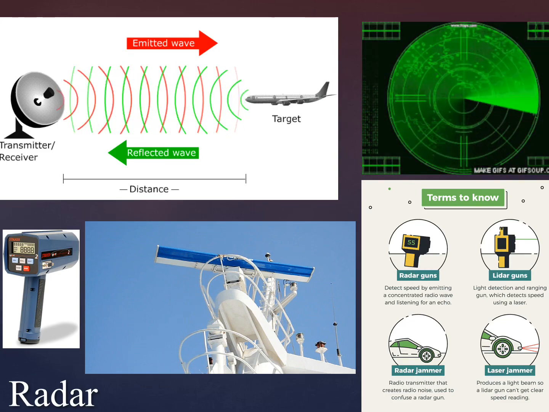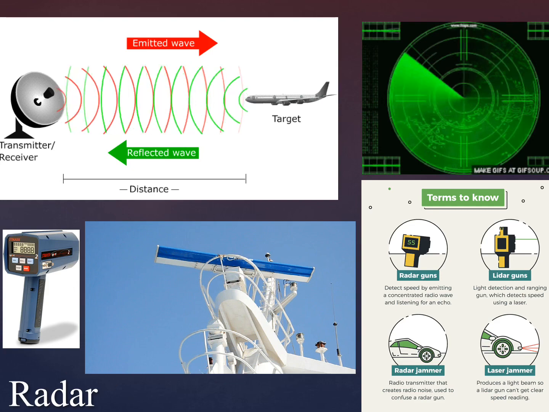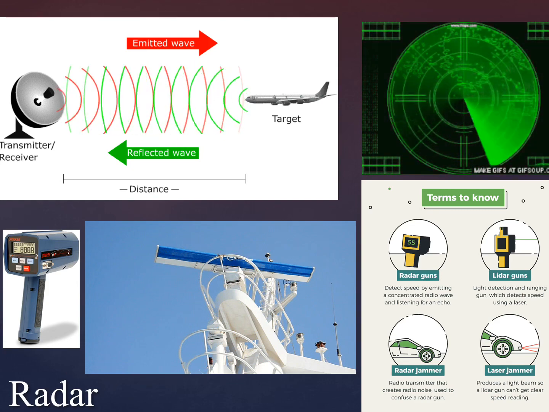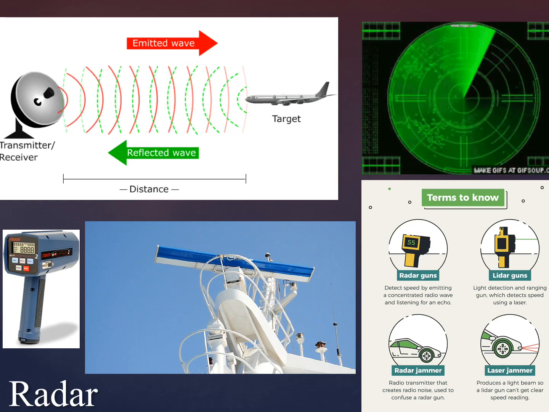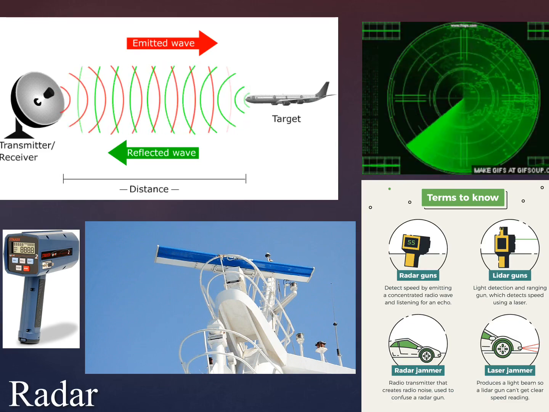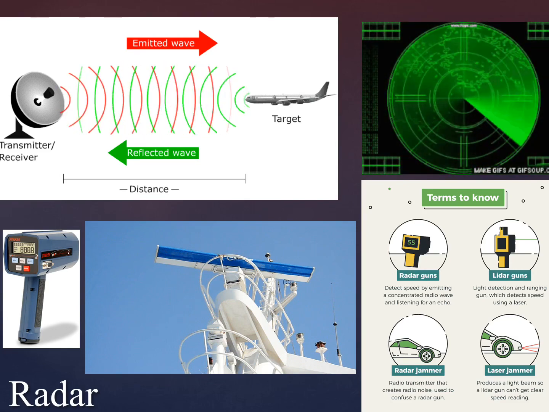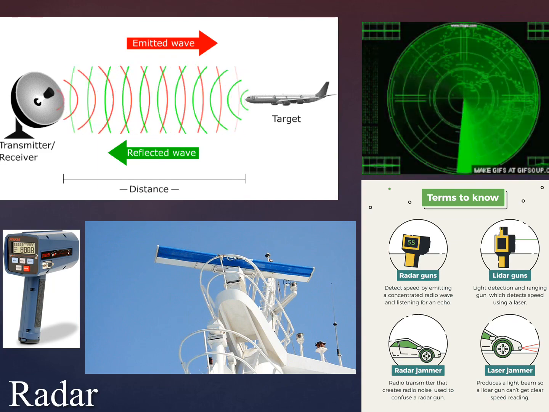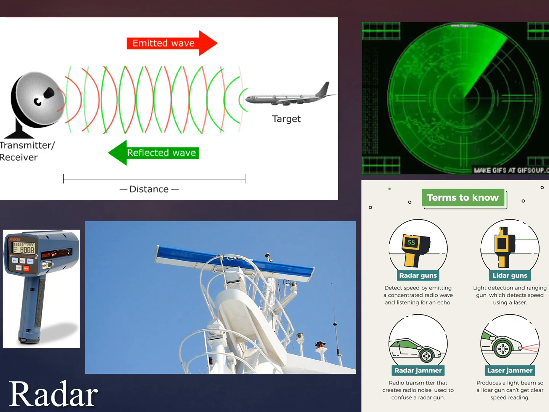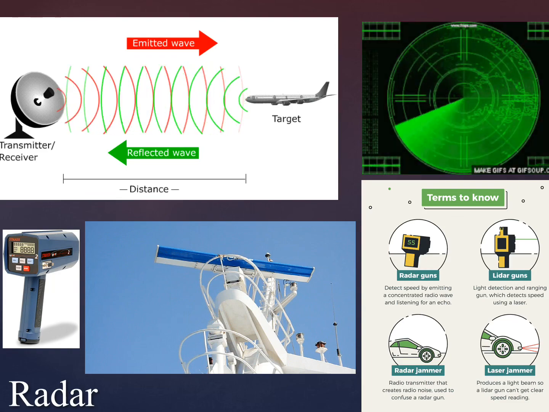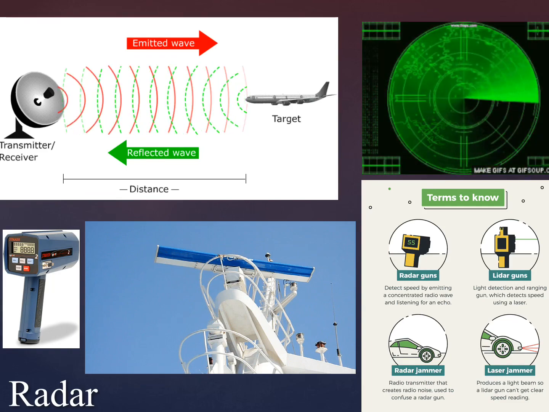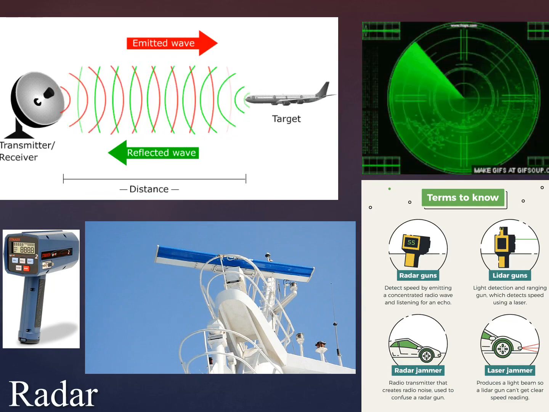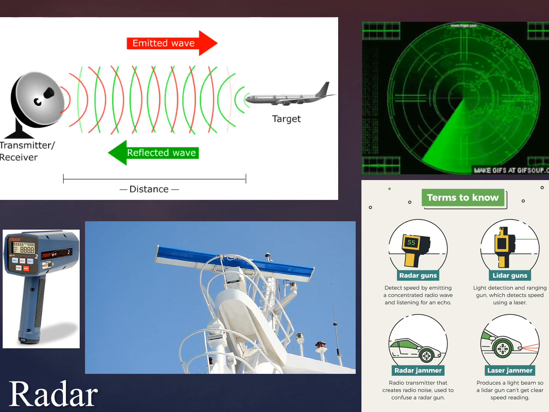You should also know that microwaves are used in radars. Radars are used to detect speed and location of an object, as you can see in front of you. We also have a radar gun. The radar gun is used to detect the speeds of the cars. How does the radar gun work? Now that's a question we need to answer.